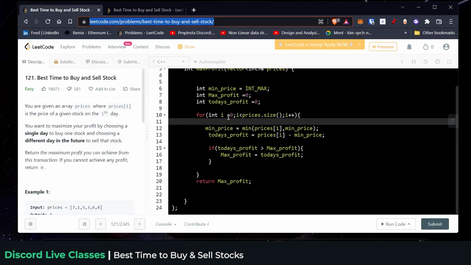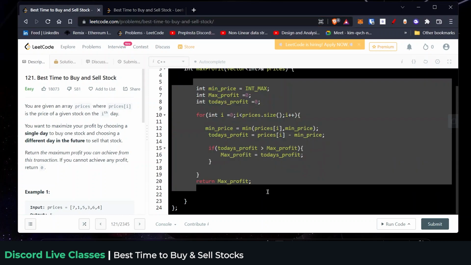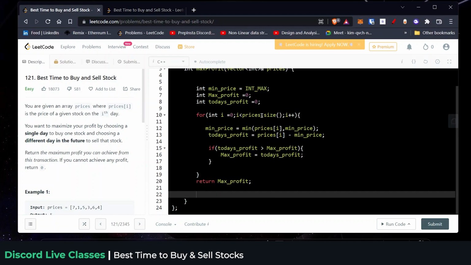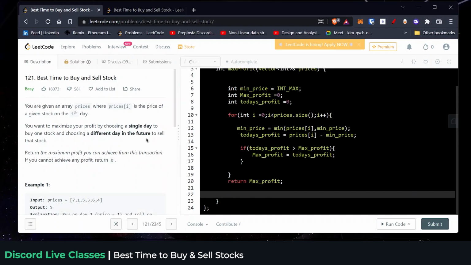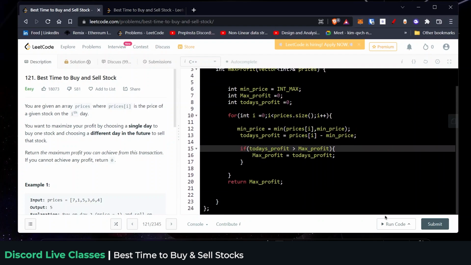Now, let me talk about the code. I have already explained the code, but the code is nothing but the same thing. You can see the votes for this particular problem: 18,073 upvotes. Now you can imagine the importance of this problem. That's why I'm saying it. I hope you have liked this problem. If you want to discover more solutions, you can come here and check the code, and you will get lots of them.